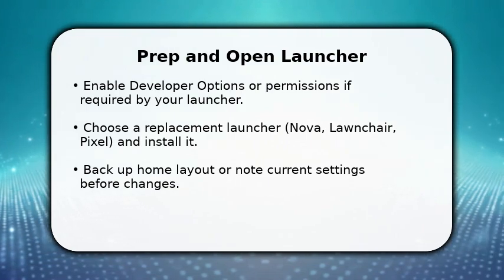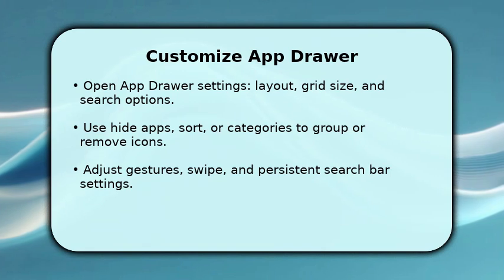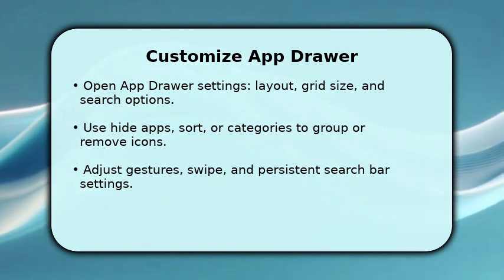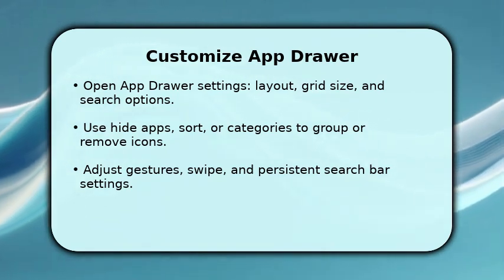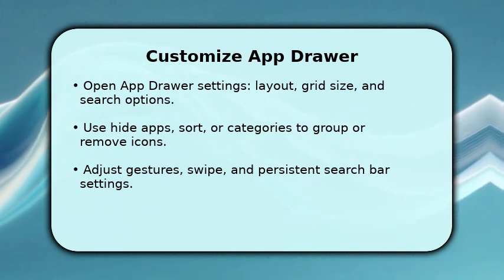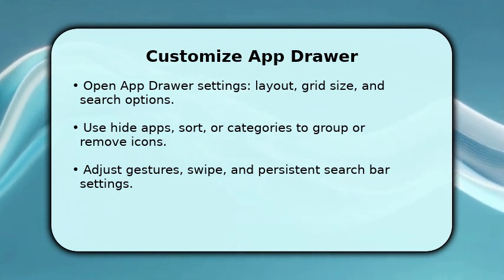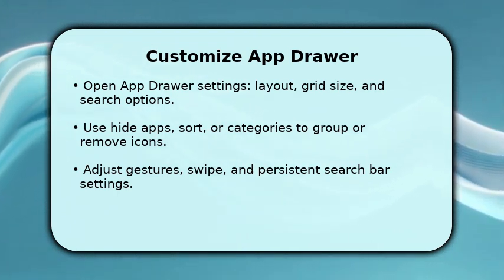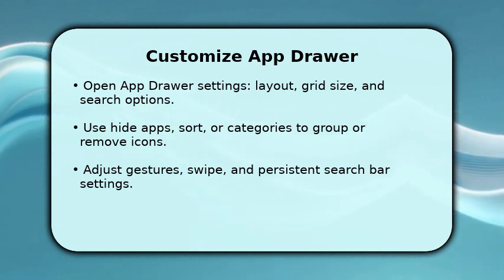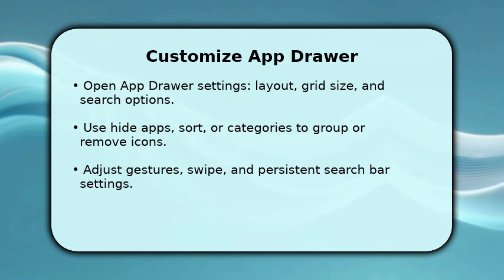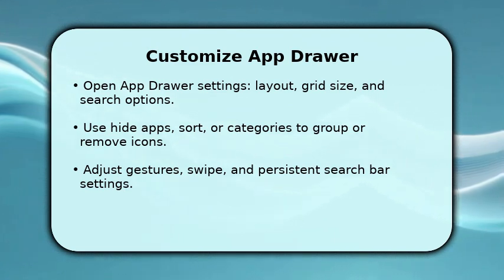apps appear and behave. Next, dive into the drawer settings to control organization and appearance. This is where the main work happens. Change grid size or rows to fit more icons and set alphabetical or custom sorting so you can find apps faster. Use hide apps or category tags to remove clutter and create folders by dragging one icon onto another for